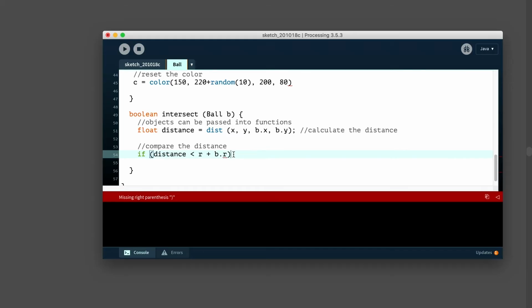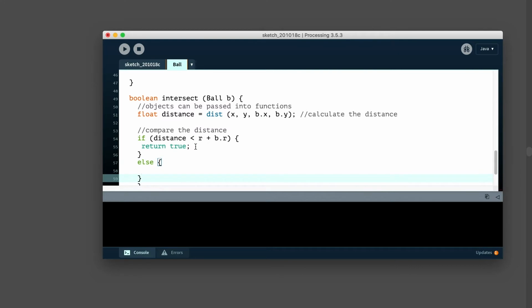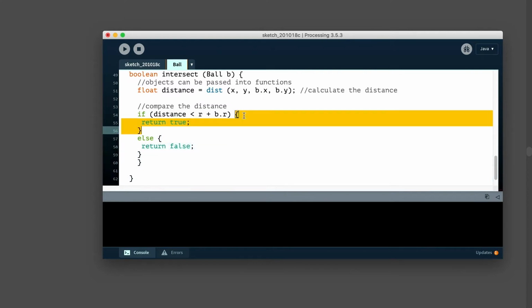Okay, so let's set up a situation. Now, we said that this is a Boolean and it wants to return a Boolean, right? So we'll say if that's the case, then the Boolean return is true. Else, the return is false. So we'll use that to our advantage.